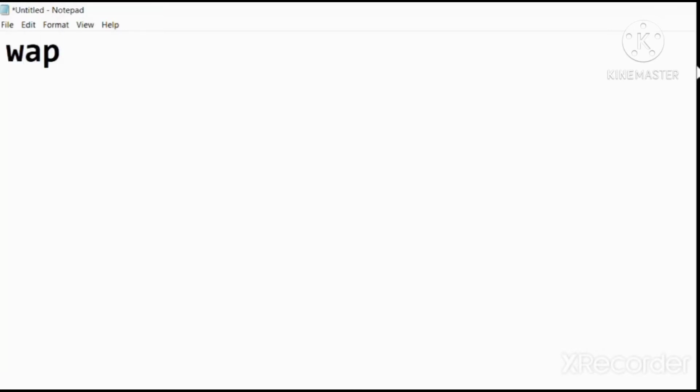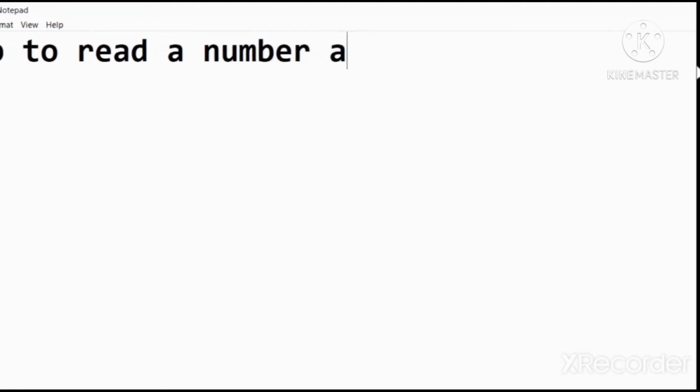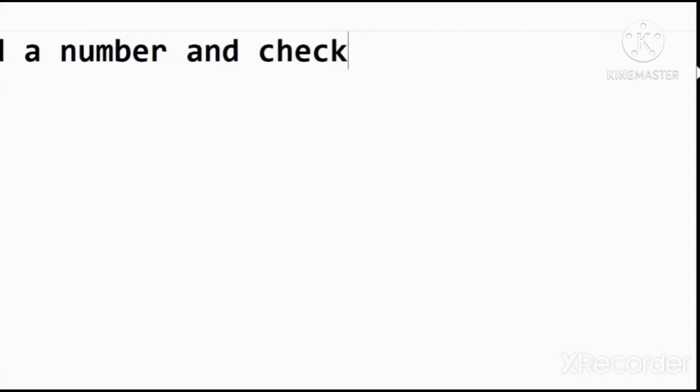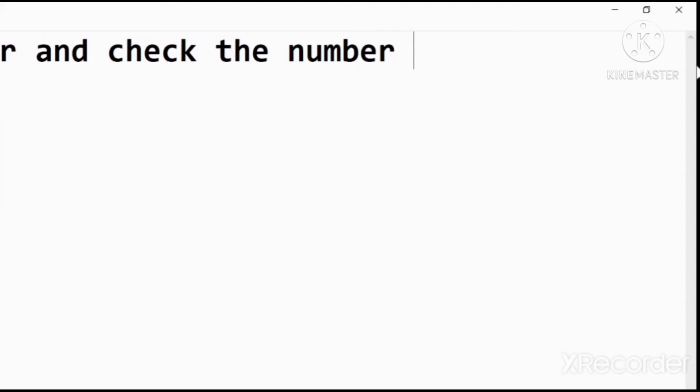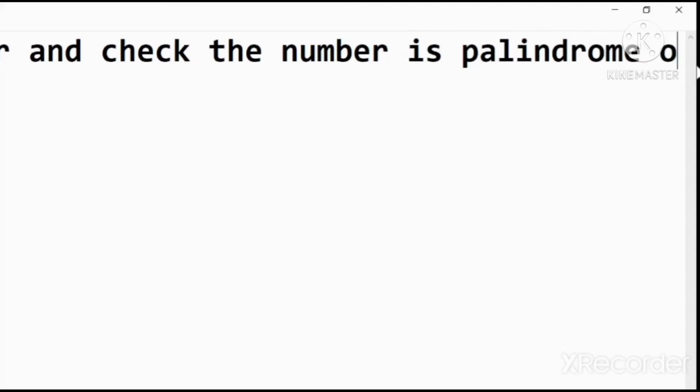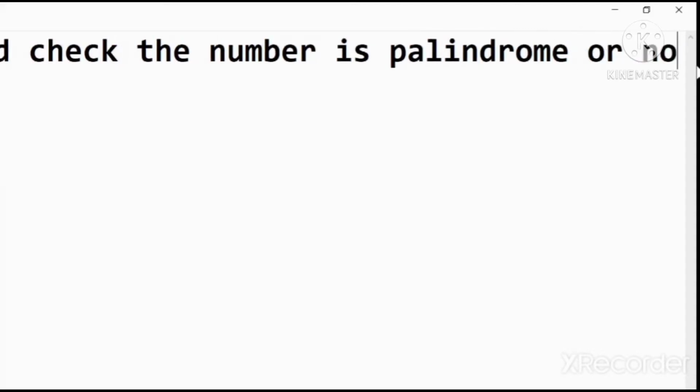So, write a program to read a number and check the number is palindrome or not.